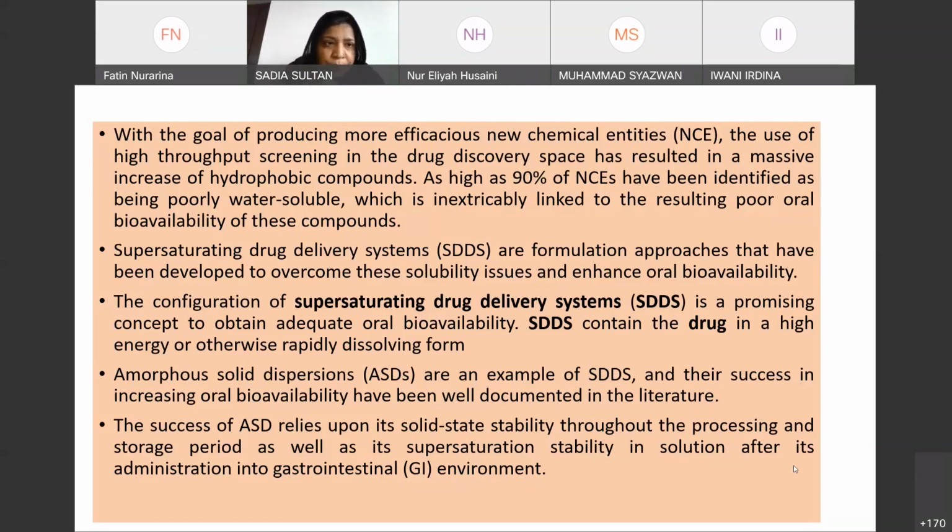How can we do this? There are a few methods. For example, supersaturating drug delivery systems are formulation approaches that have been developed to overcome these solubility issues. So this solubility issue,